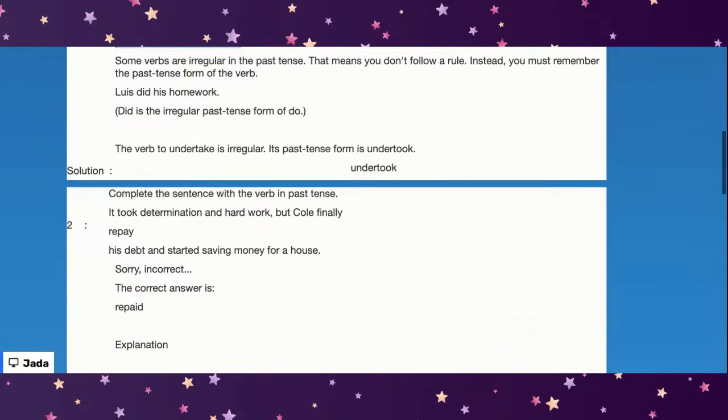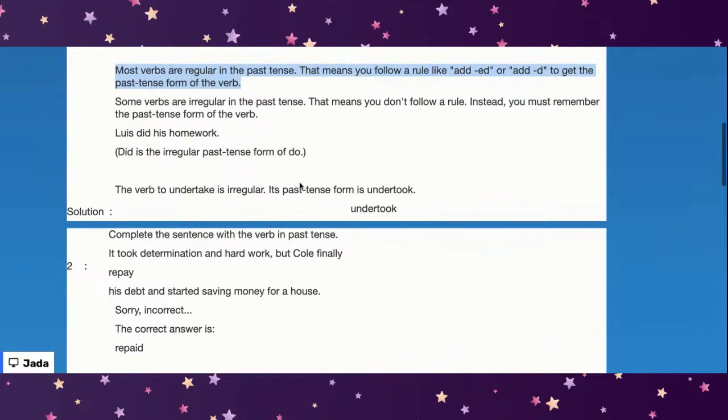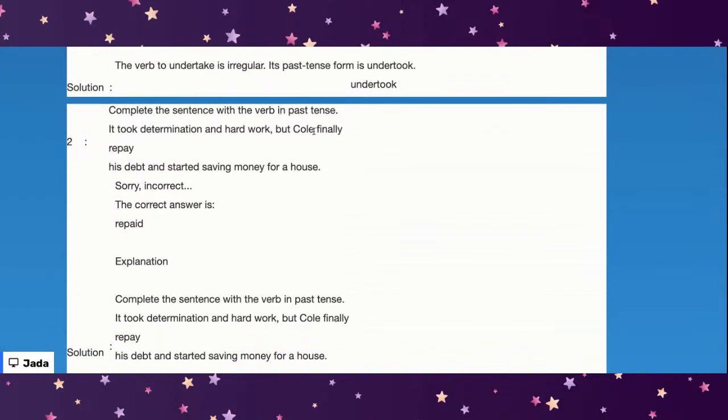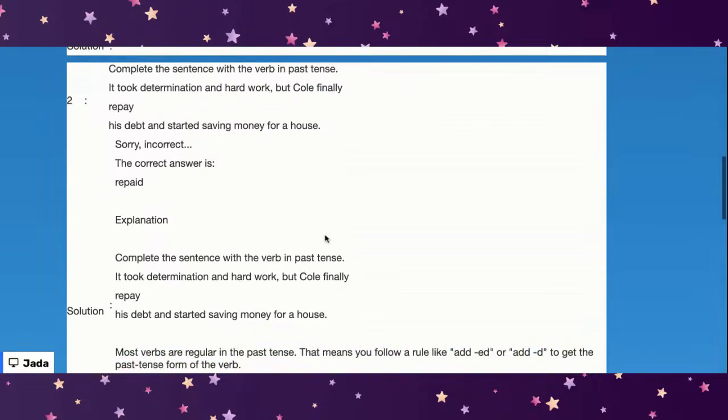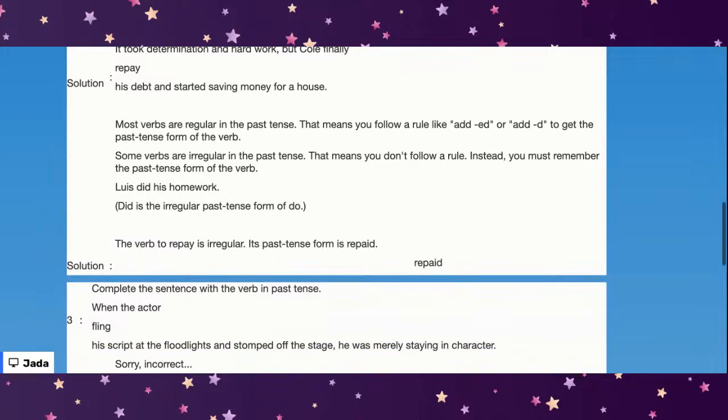Then next question. Okay, so let's see. Okay, so the next one, number two: it took determination and hard work for Cole, but Cole finally repaid his debt and started saving money for a house. So repay, you have to put repay in the past, the irregular past of repay. So it's going to be repaid as the irregular past. Okay,